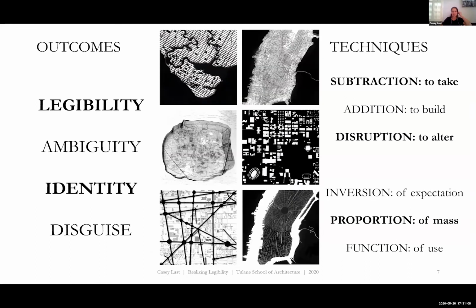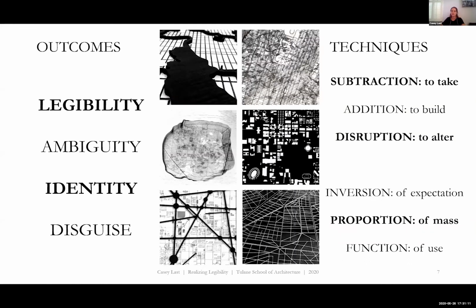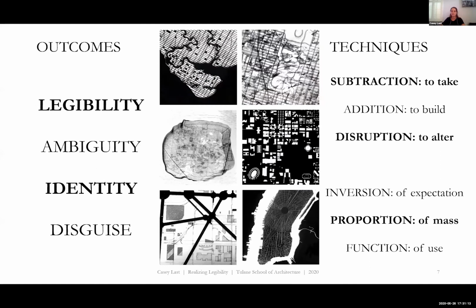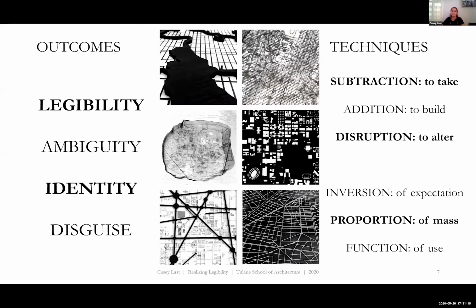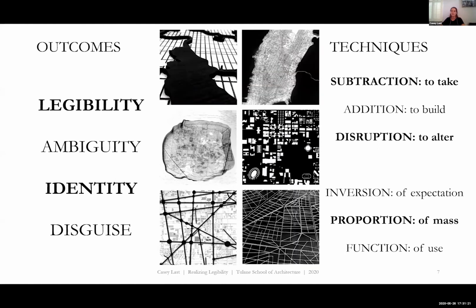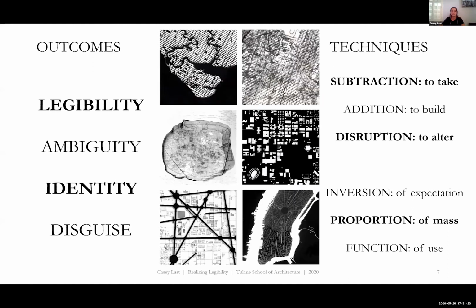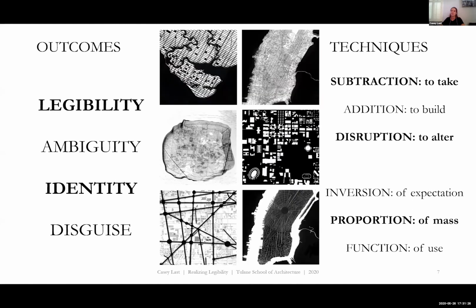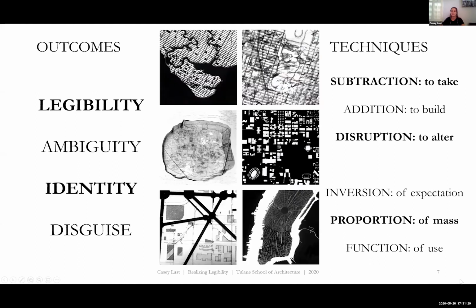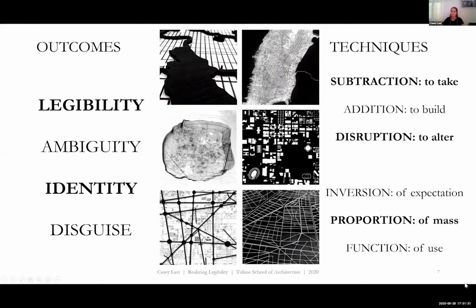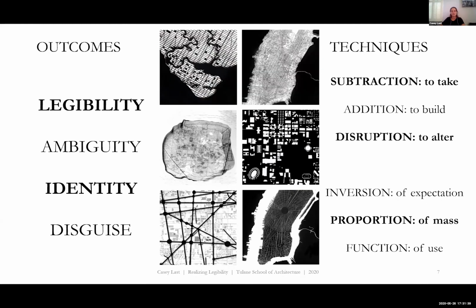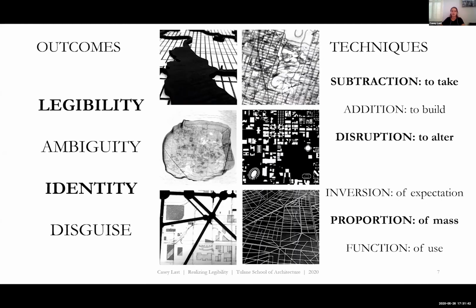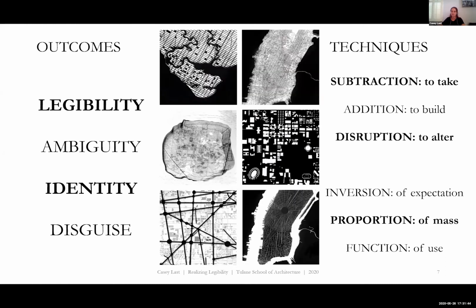Ambiguity is its adjacent and at times dichotomous counterpart. It allows for the curation of information and less obvious distinctions. Perhaps physical layering conveys depth, or perhaps it conceals content. Identity varies from obvious caricature to a clear and stateable truth. Separate from legibility, it is typically demonstrated as that which is symbolic or representative of a subject, for example, an island, a building, or a form. Disguise, like ambiguity, conceals that which is not iconic, diagrammatic, or perhaps true. These show elements of recognition to situate the viewer, but then the elements that conceal or mask the subject.